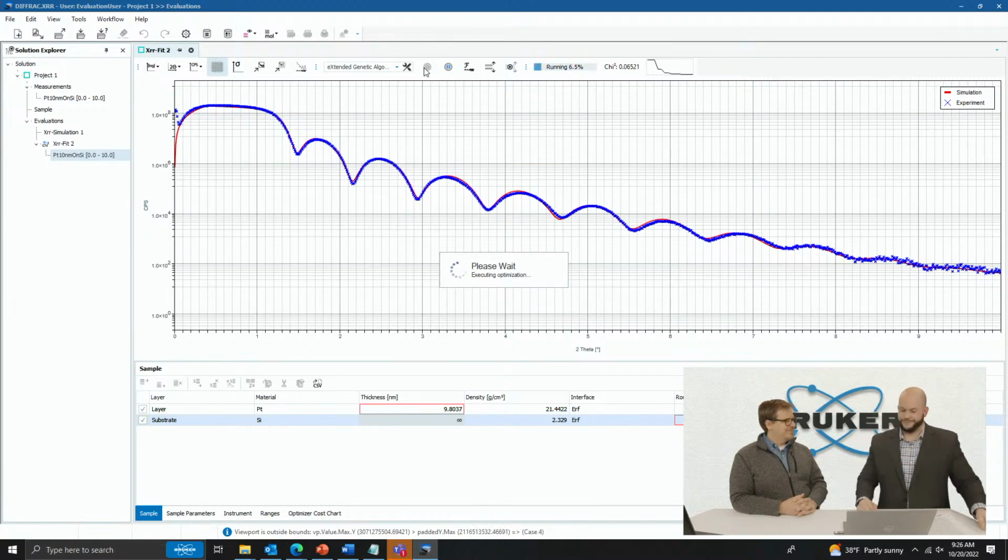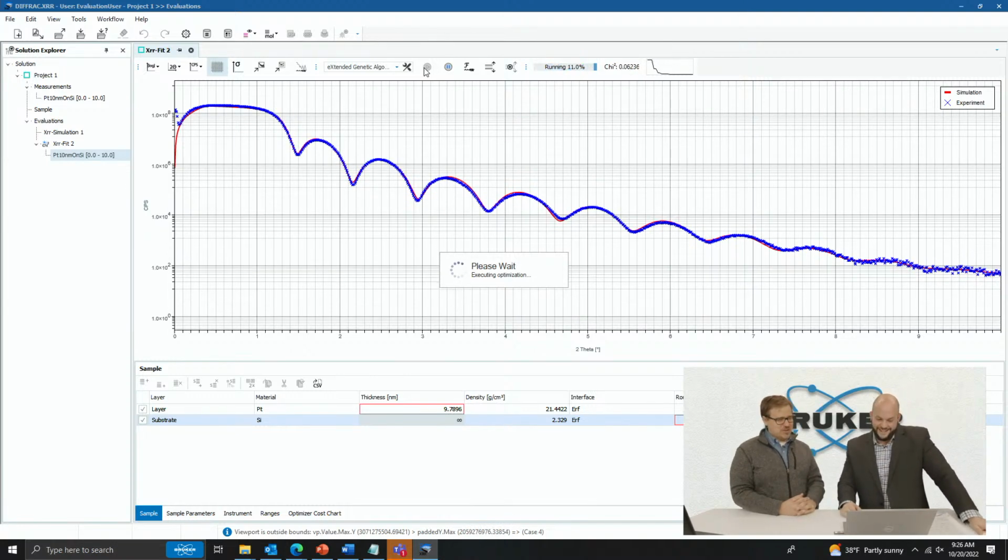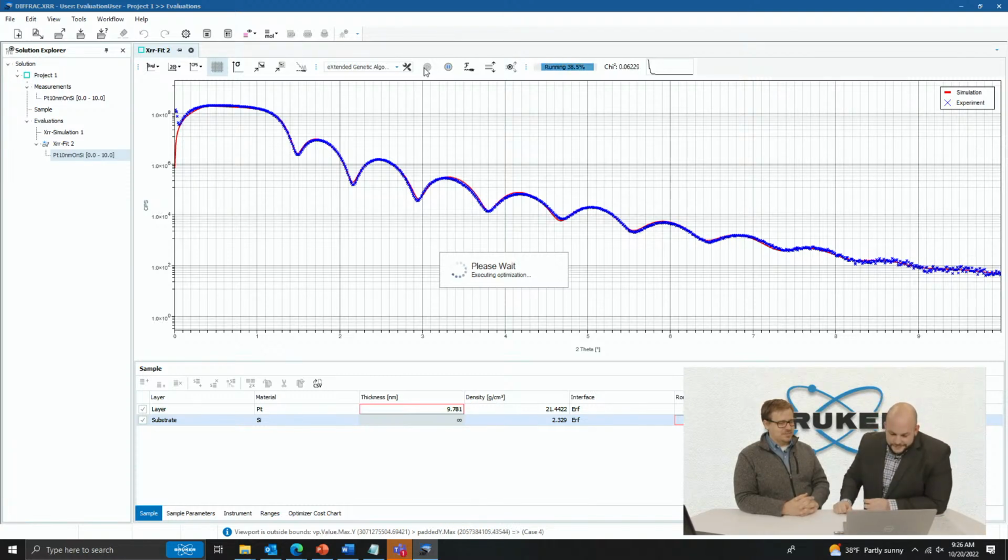Wow. Oh, wow. Look at that. That was quick. Yeah, not bad at all, right? I think this is probably a decent refinement, yeah. We see it's still going, though. So let's see. Yeah, you could definitely see it honed in the roughness and the thickness,